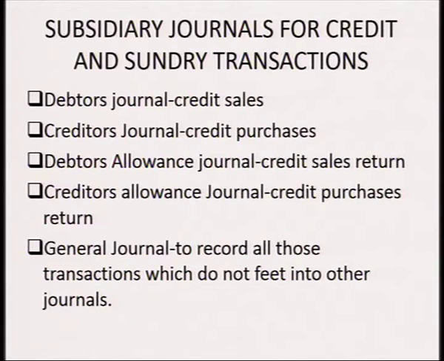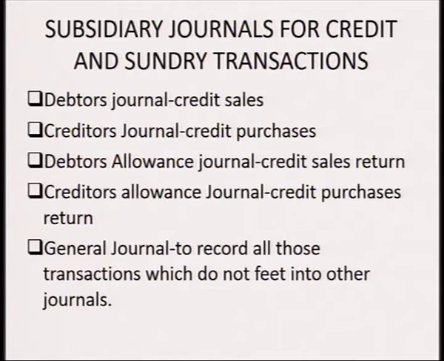And we have got subsidiary journals for credit and subsidiary transactions. The subsidiary journals are the debtors journal, the creditors journal, the debtors allowance journal, the creditors allowance journal, and the general journal. In the debtors journal, we record credit sales; we only record credit sales transactions. In the creditors journal, we record credit purchase transactions, and in the debtors allowance journal, we record